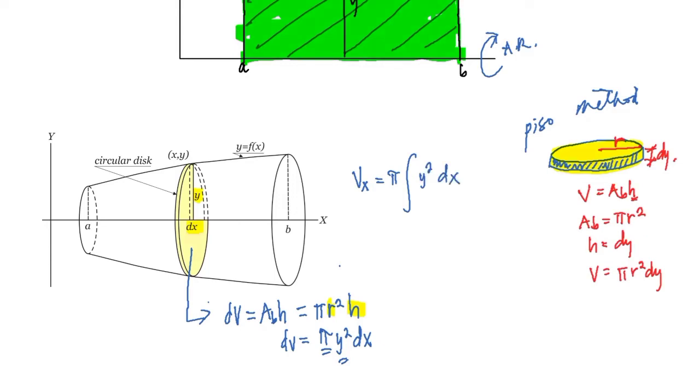So what is the limit? Since we are in dx, we are in x, so the limit is from a to b. So we have here limit from point A to point B. But if we are going to recall, this y here is also the function of x. So we can also generalize that the volume is just equal to pi